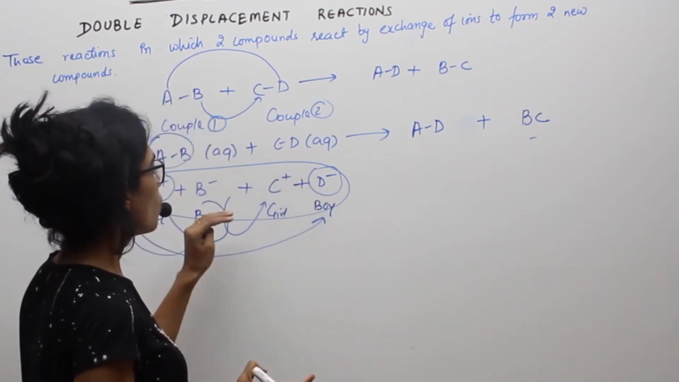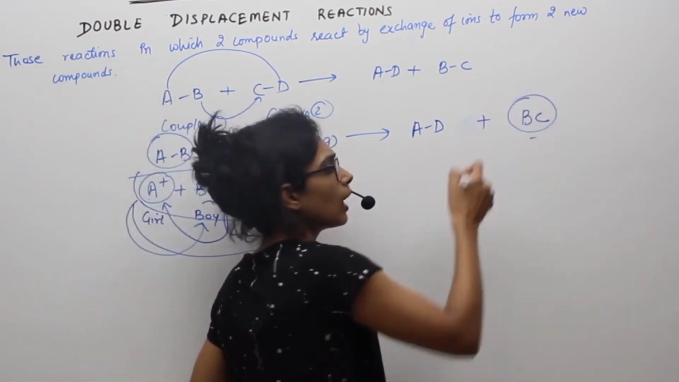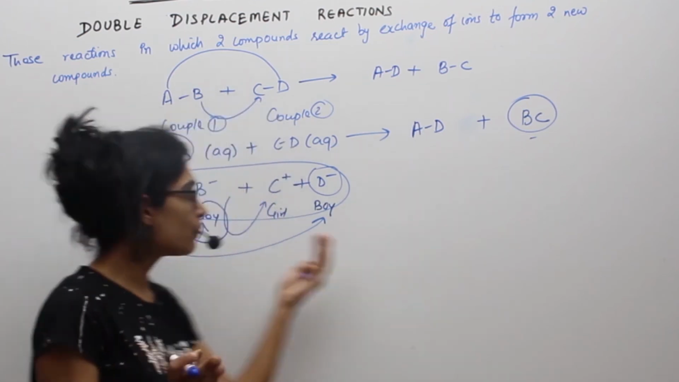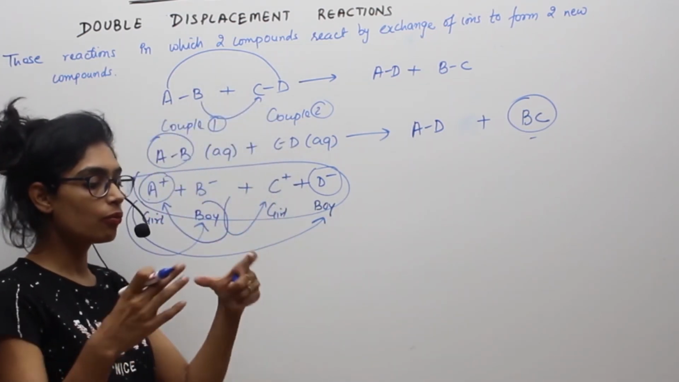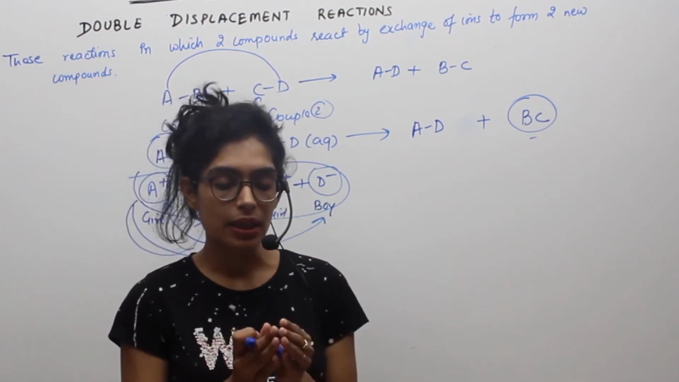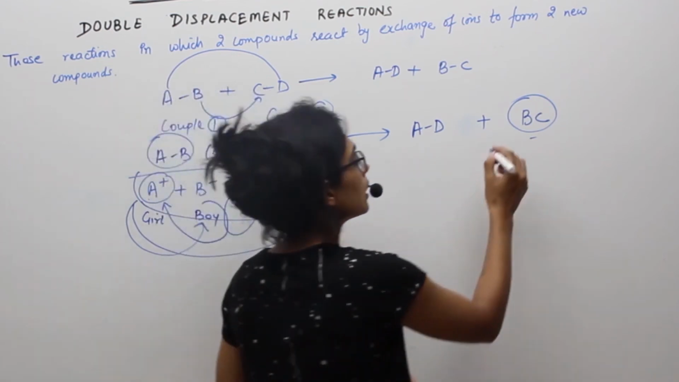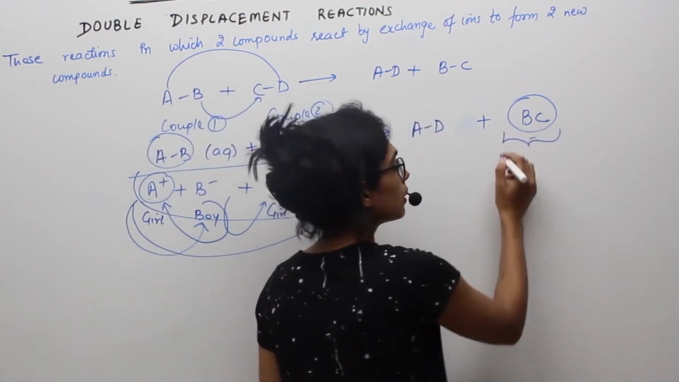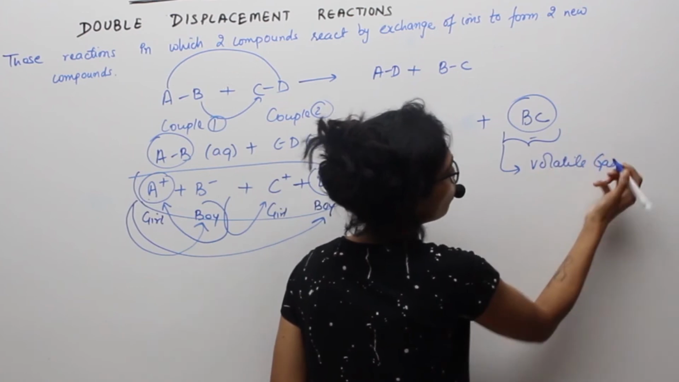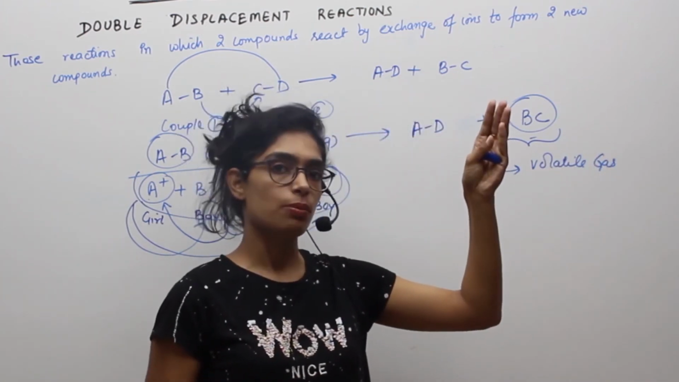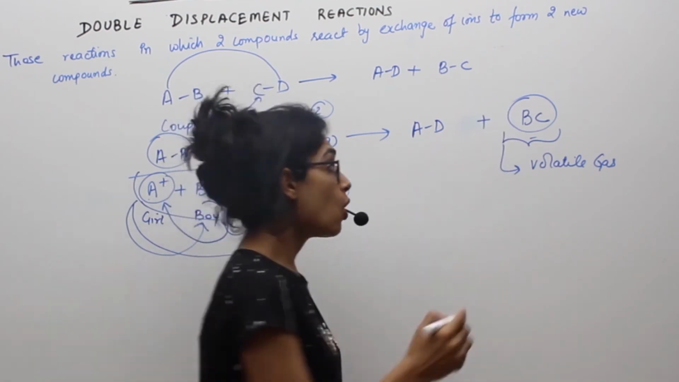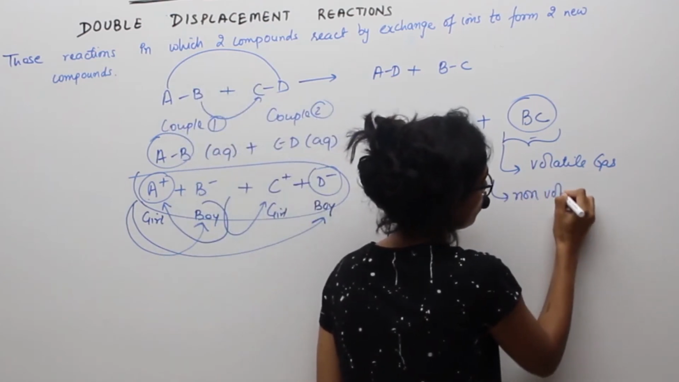Now, what would define that B and C had become a pair, a girlfriend and boyfriend, and they cannot be separated now? Earlier they were separated when they were on the dance floor, but now they have formed a new bond, a new coupling, and now they are the new couple in town. Basically, they are not detachable. This BC that has formed can be either a volatile gas or a volatile compound which may escape from the reaction mixture like a gas. It can be any volatile compound which can escape out as a gas, or it can be a non volatile compound